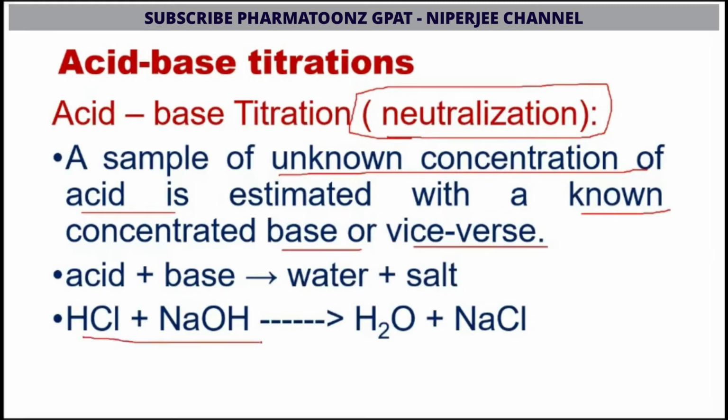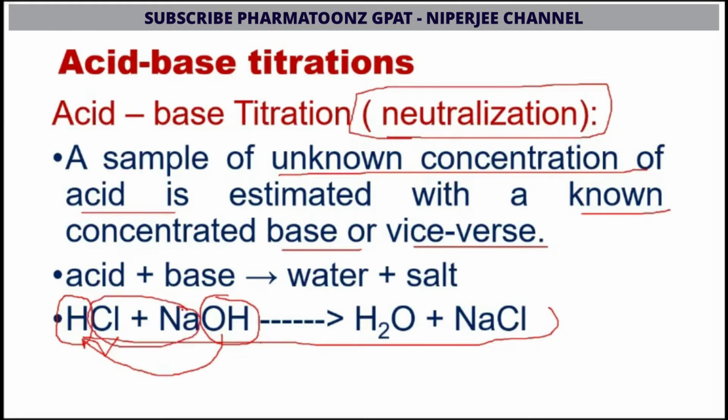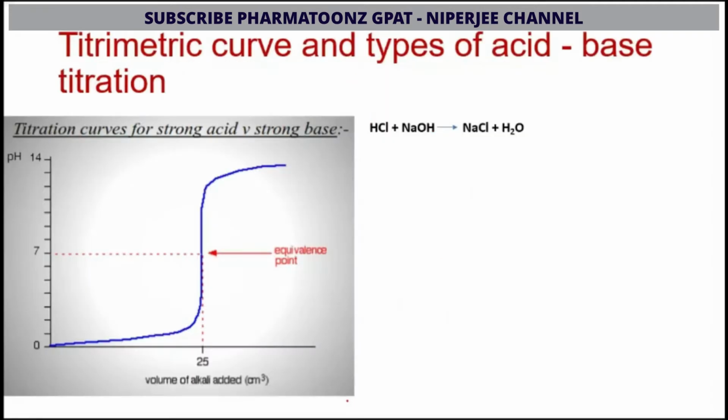When any acid and base react, they form a salt. That is a general process that we all know. So HCl and NaOH react together: OH minus from NaOH and H plus from the acid. As it is an acid, it can donate the proton, and the base accepts the proton. So OH minus acts as a base, accepts the proton, and in this way NaCl is formed and removed as a salt. This is how the acid-base neutralization reaction occurs.